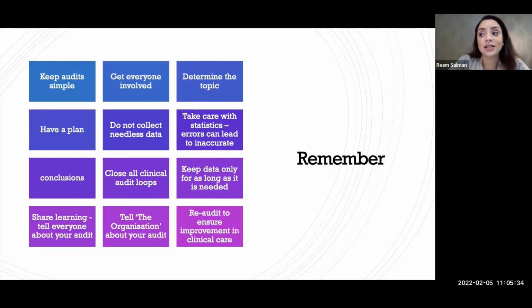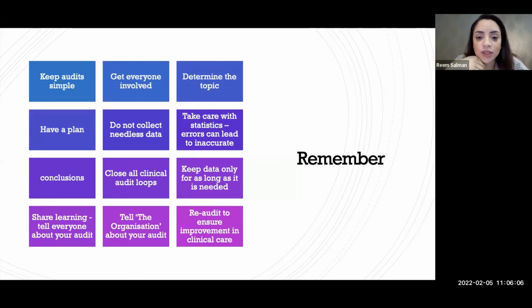As I mentioned, it's always good and it looks very good in your CV, okay? Keep the data only for as long as it is needed. Don't try to drag on data collection. Try to put a time limit to that, okay? Also, pay attention to statistics and graphs that you put, because it tells you a lot about the person who's analyzing the data if you have good, informative, accurate graphs.